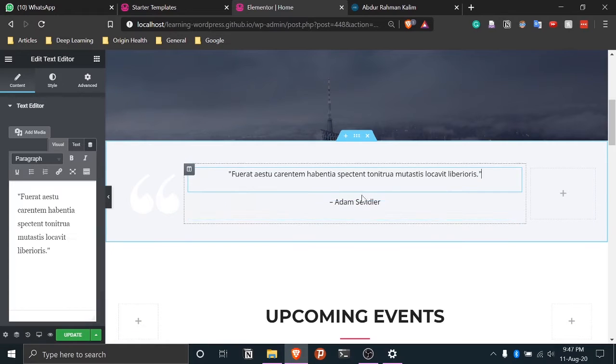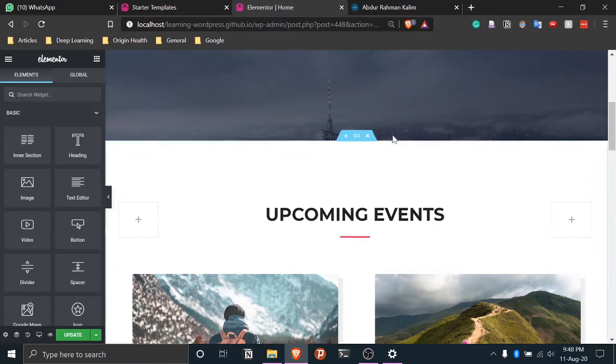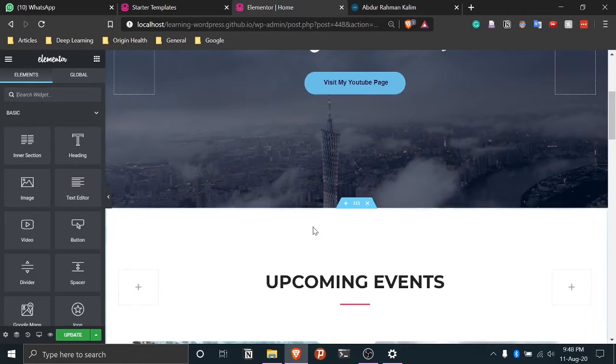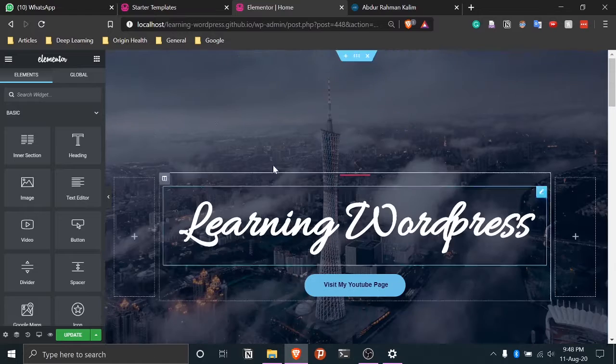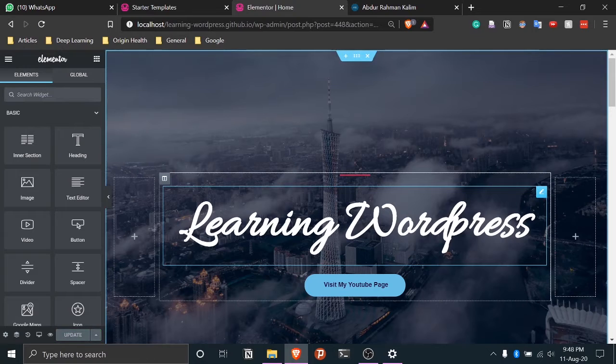Now there's this quote here that I don't really like. I don't want this quote section to be there at all. So what I can do, I can just click on this and then go to delete. So this whole section will be deleted. So now this whole quote is gone. We have customized the front part to whatever we want, and after you do any change, I always suggest you click on update, or you must click on update in order for these changes to take effect.